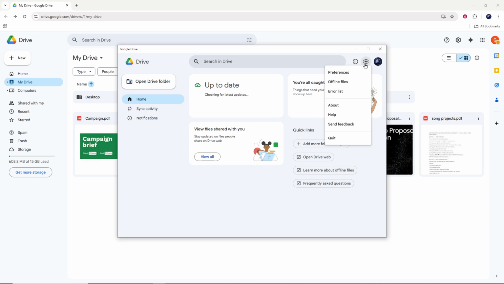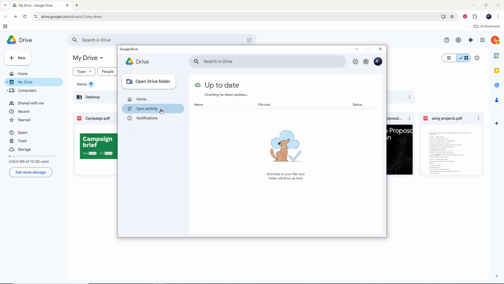Now click pause syncing. This immediately stops all active file uploads and downloads. You should see the status change to paused, confirming that syncing is on hold. Pausing is helpful if you just need a temporary stop, for example, to save bandwidth or avoid changes while you